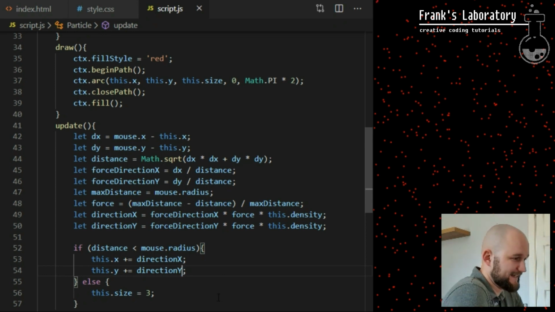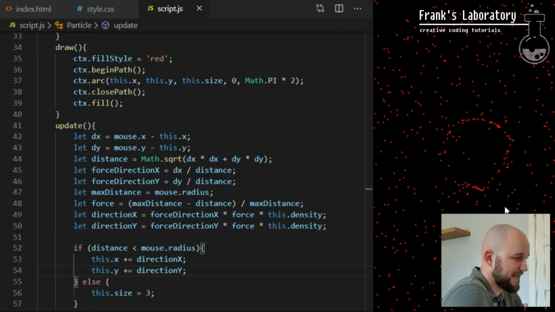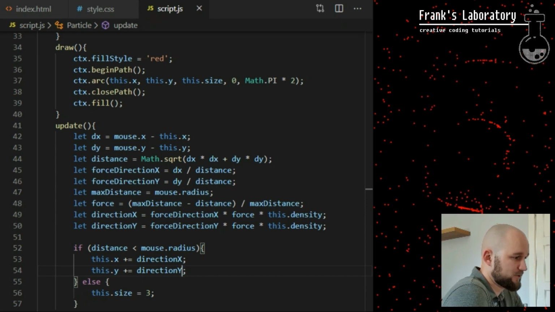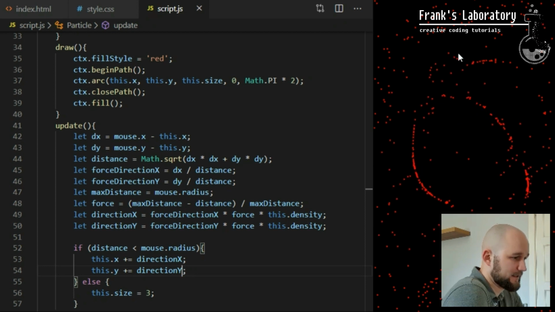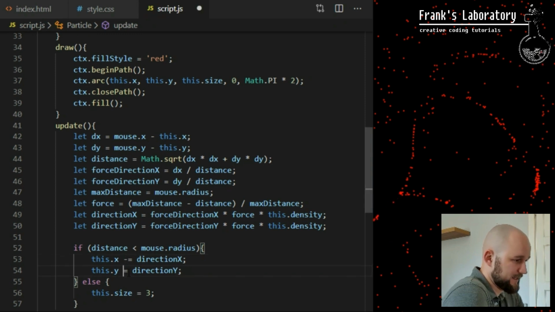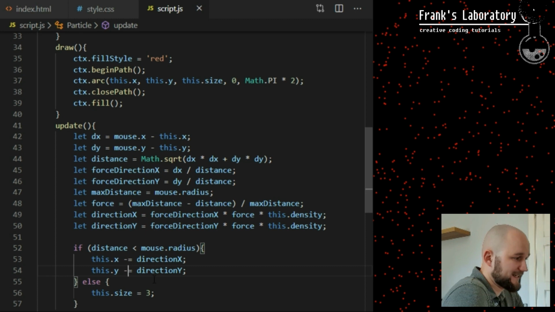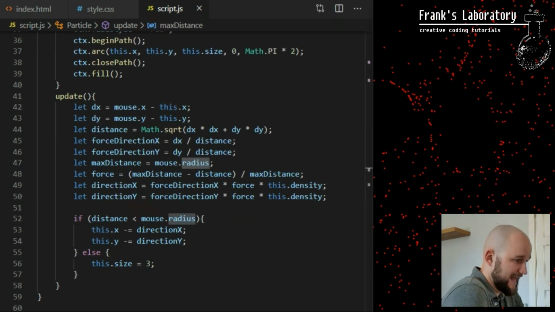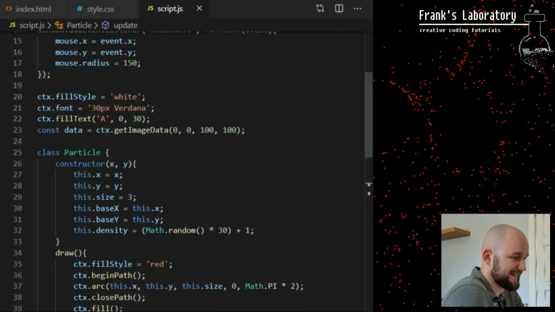It works, yay! Particles move slow at first and speed up as they get closer to the mouse. The only problem is that I want them to be pushed away, so I change plus sign to a minus sign on lines 53 and 54. Yes, this is good. And this is how you implement quite complex physics with JavaScript. I really like the movement, and we will enhance it even further, but don't worry, this was the difficult part.